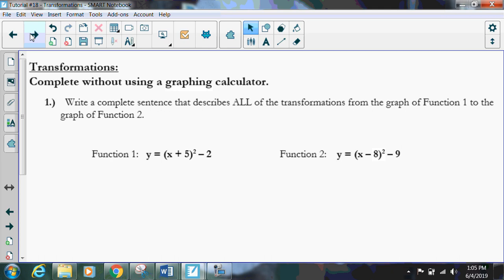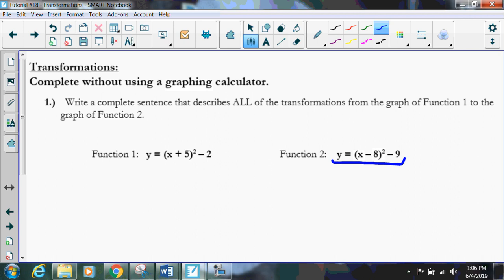So we're asked to write a complete sentence that describes all the transformations from the graph of function 1 to the graph of function 2. So what this means is we're going to look at function 2 and describe the changes that have occurred when comparing function 2 to function 1. Sounds confusing, right? So what we're going to do is a quick sketch of both